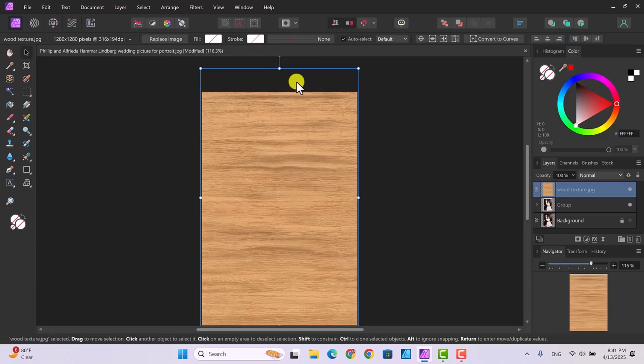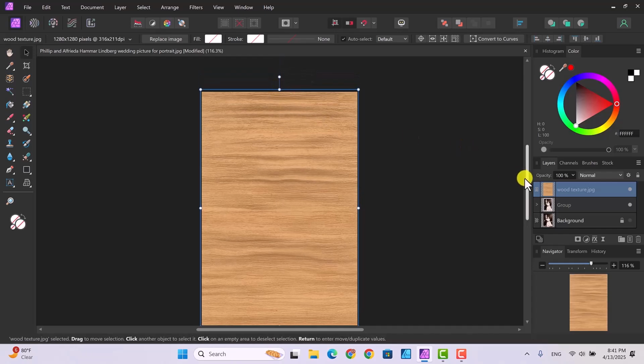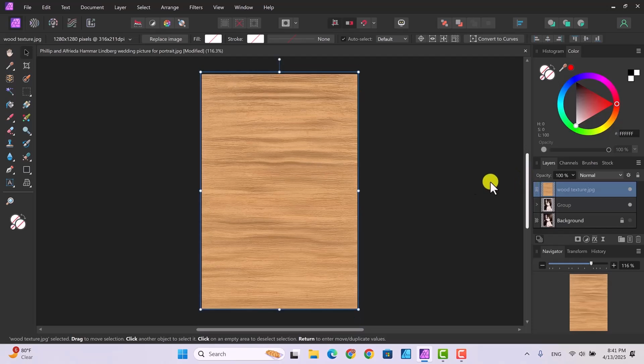Okay, so with the entire photo covered, now we can take a look at that, and what we're going to do is to put this wood texture frame